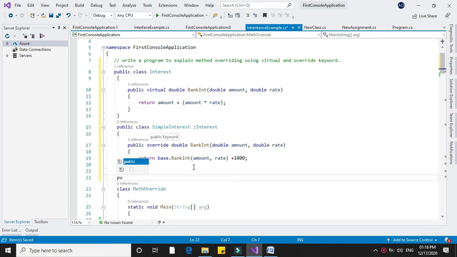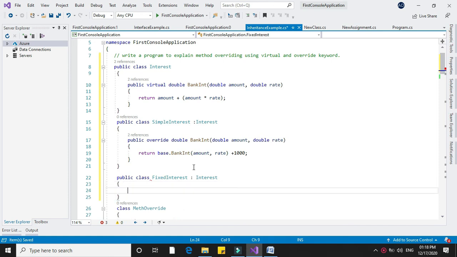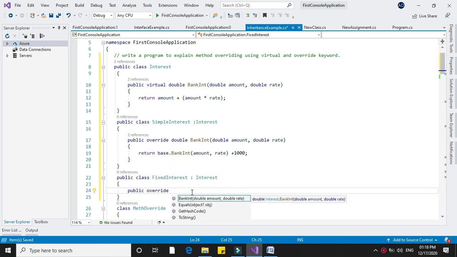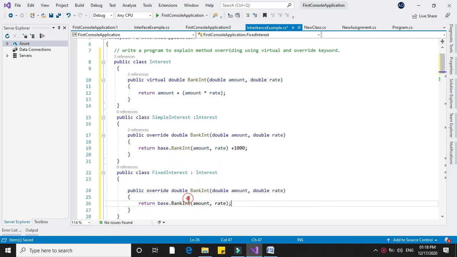After that I will write another class fixed interest, which also inherits interest class. In that also I will override the method interest and I will add 1500 rupees in that.